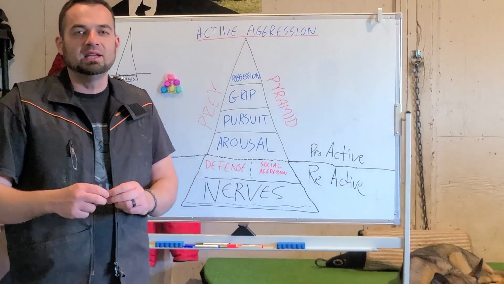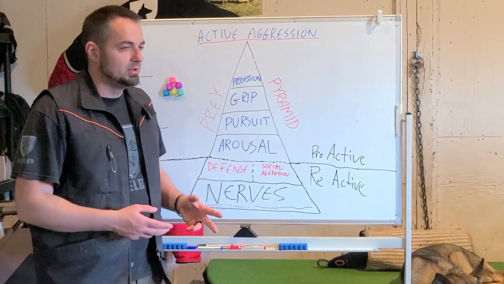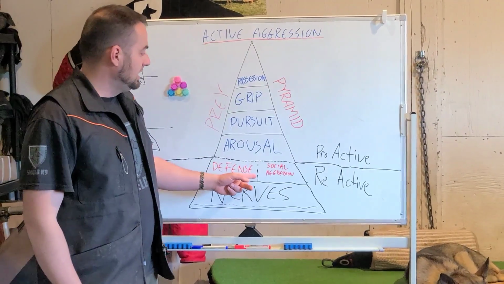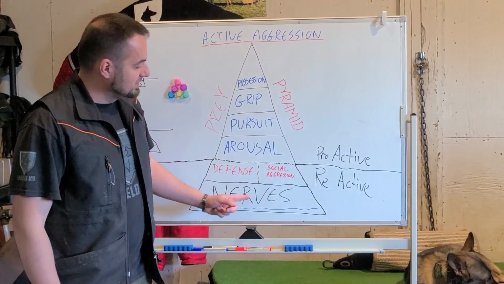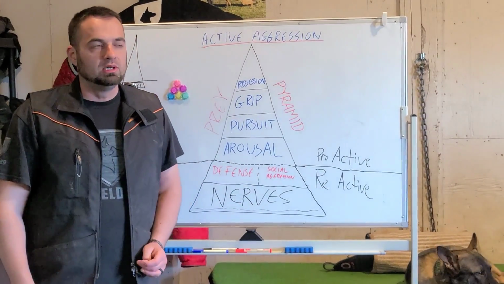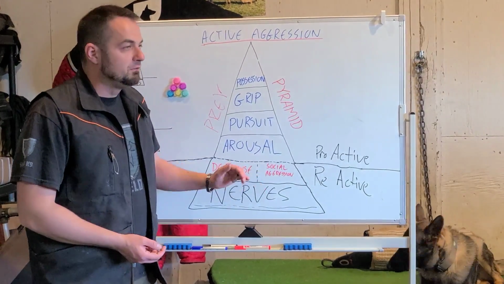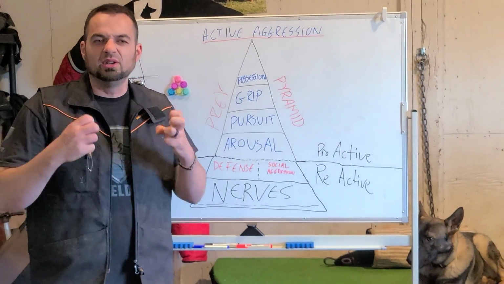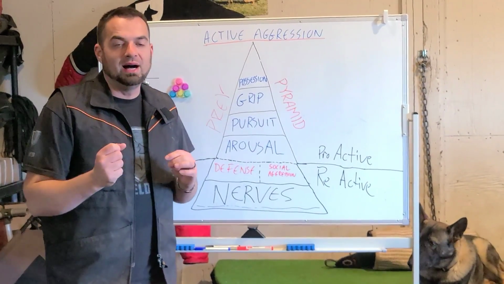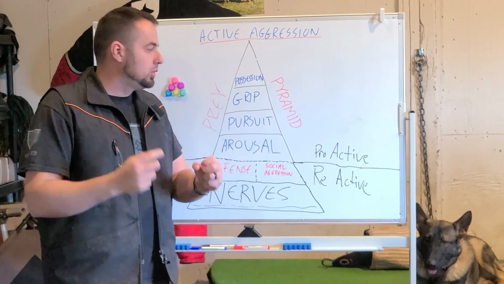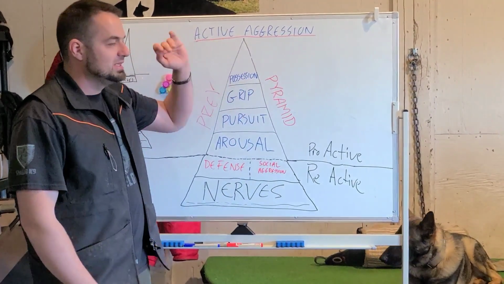So a lot of these guys on Facebook and stuff, they talk about real dogs and civil aggression and this and that. And I watch their training. They're doing a lot of stuff like this where they've got the dog back tied to the wall and they're beating him with a whip or something. And there's not enough relief for the dog, and you see the dog losing clarity, and very low in the arousal, not active, very reactive, and losing clarity, and the grip quality, and the pursuit, and the possession is all